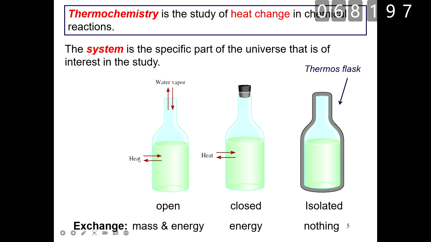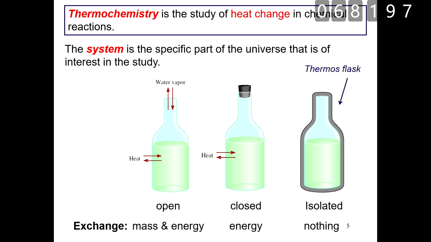and the environment. Okay, and if the bottle is closed, this means the mass cannot be exchanged, but the heat can be exchanged between the system and the environment. So this kind of system is called a closed system. Closed system. And like in this thermal